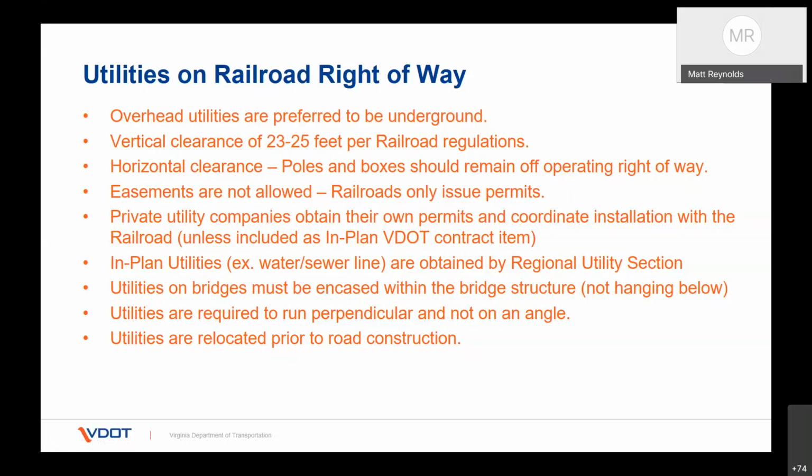Utilities on bridges must be encased within the bridge structure, not hanging below, for clearance reasons. And when I say encased, this has been a point of contention on several projects over the years, and all railroads require this now. Even if you're using ductile iron water pipe, they're still going to want that water main encased on the bridge. And we've had some discussions, and I guess discussion is a polite word. It goes back probably a decade ago to some projects we administered in a locality about an hour west of Richmond. Basically the project was in the middle of construction, and it came close to being shut down